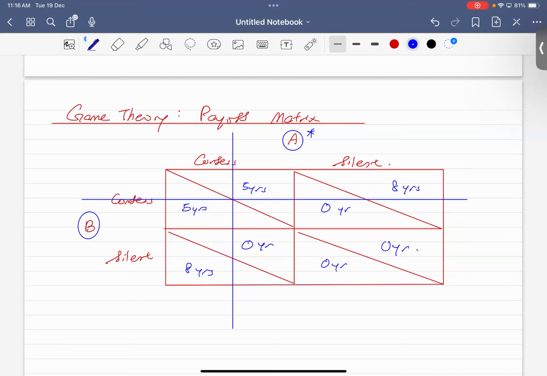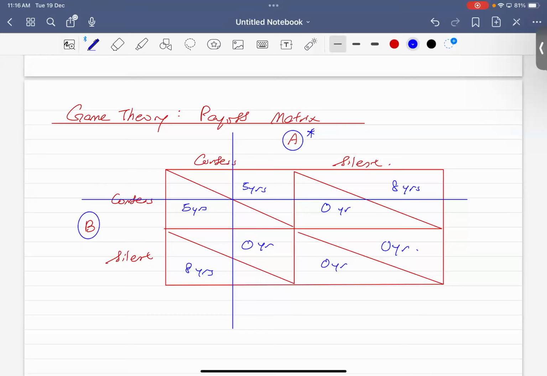This one, the first rectangle over here. Do you realize one thing over here? Is it a good outcome? Definitely not a good outcome. You already said that the best outcome is both remain silent. So we call it a prisoner's dilemma. That means when both parties try to pursue their own dominant strategy, it ends up as a worse outcome. You thought this is the best for you, and it's the best for him, but when we choose our own best strategy, it ends up a very bad outcome. We call it the prisoner's dilemma.